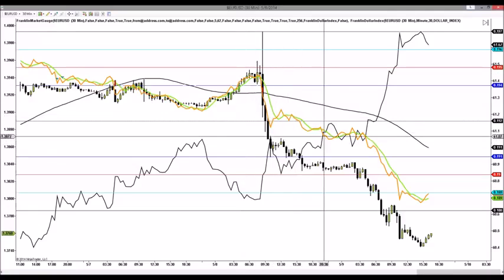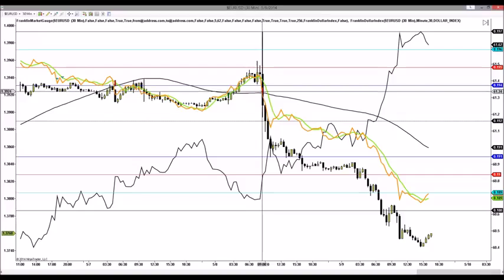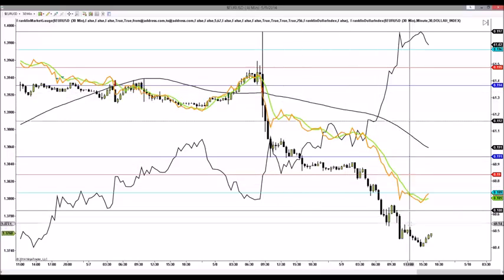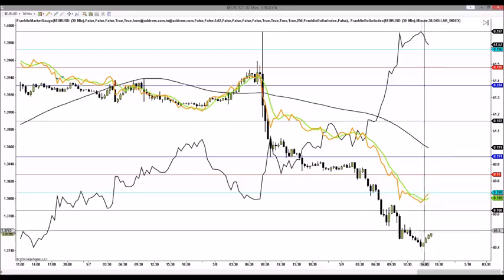So going back to last week, the last signal was a sell signal, and as you can see, the euro has slumped against the dollar, and this signal is still valid as we head into this week's trading. And it appears that there might be some uptick here, but